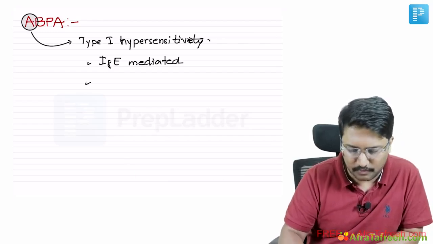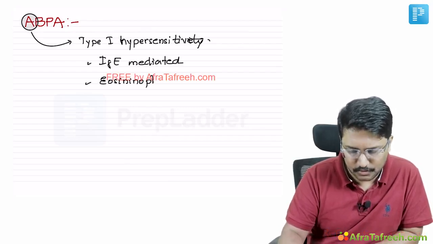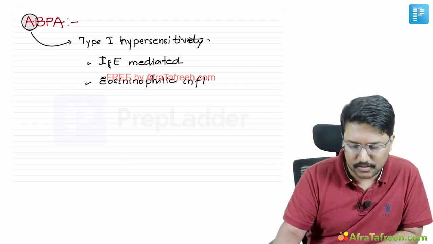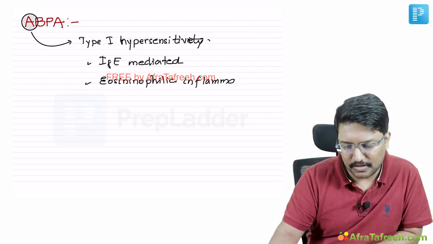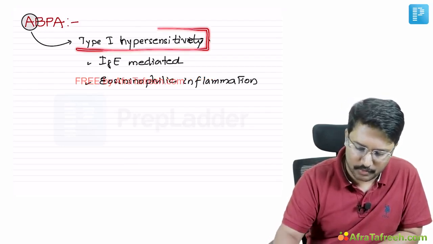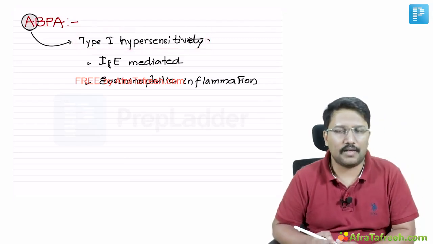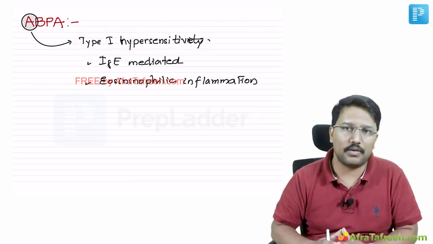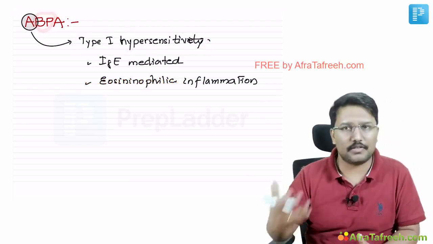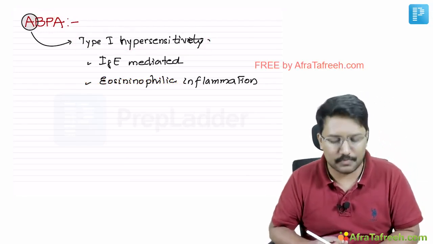And there must be some involvement of eosinophilic inflammation. So going forward, you have to remember why we consider eosinophil counts in the diagnostic criteria, and why we consider the IgE levels in the diagnostic criteria. That's because we are talking about type 1 hypersensitivity reaction, right? Now, where is this reaction playing out? The reaction is playing out in the respiratory system, mainly the airway, right? That's why the name says bronchopulmonary.